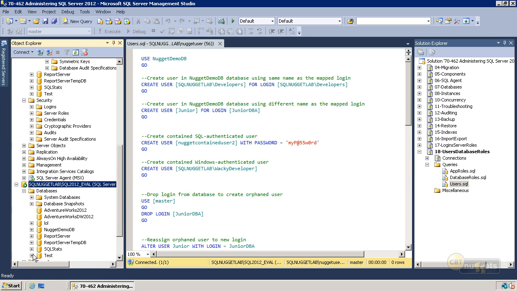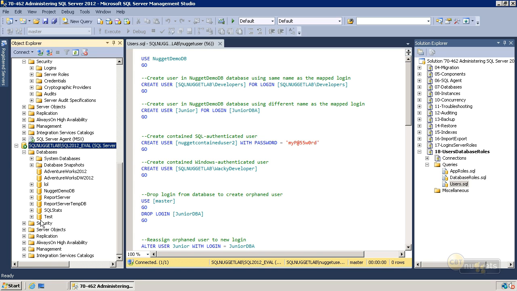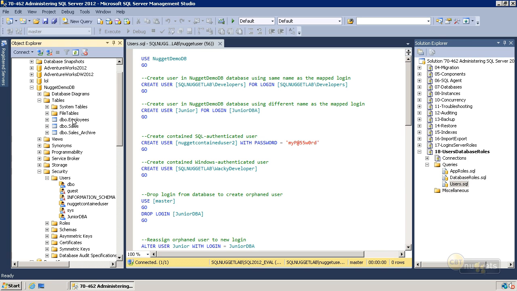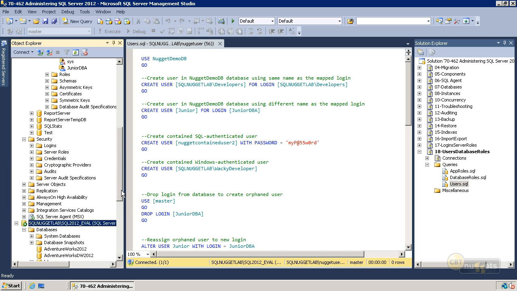The only ones we'll have access to is the test database because we created that one, and the Nugget Demo DB database because we just created a database user. But check this out. Where are the tables? They're not gone. Don't worry. They still exist because if we look up in our Nugget Demo DB, the same database just under a different account, we're logged in as our Nugget user account who has sysadmin privileges, all the tables are there. So they're there,